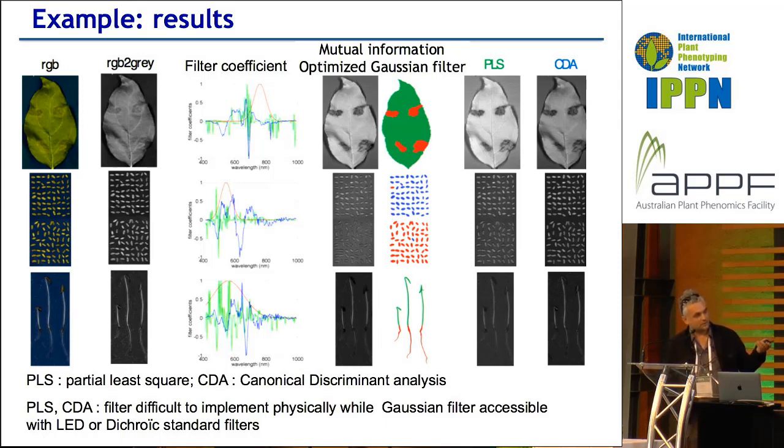The usual costly solution would be to use some hyperspectral imaging and then to reduce the number of channels by PCA, PLS, CDR, dimension reduction techniques. Actually, what we do here is we select the best bands from scratch, and with only one channel, only one component, we have similar contrast to what we would have with hyperspectral imaging.